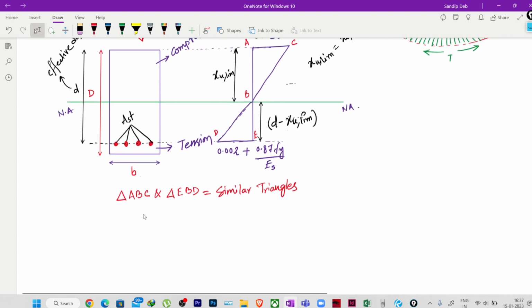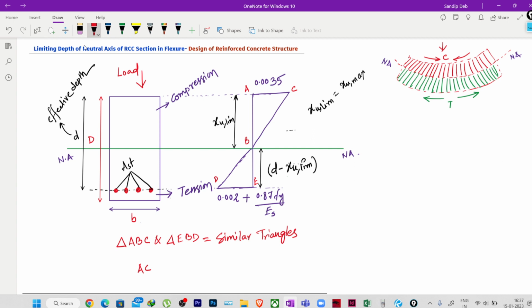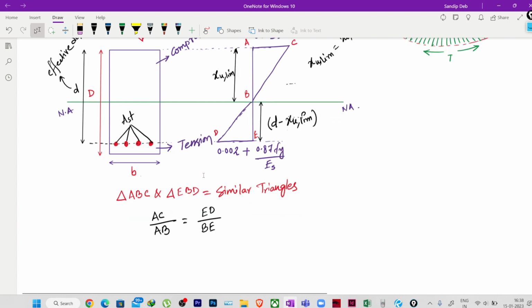We can write AC, you can see here. Let me take black itself. So we can write AC by AB will be equal to ED. You can see AC and ED. So ED by BE, right? So if we put the values here,